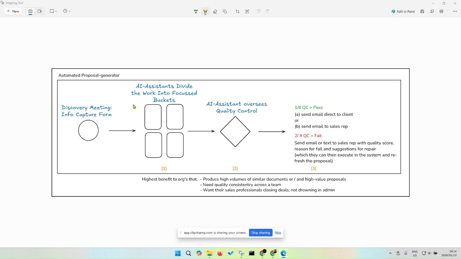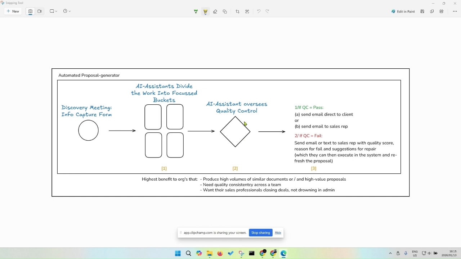The data is placed first into a staging table and ultimately sent into an AI assisted workflow, divided into specific buckets of work so that each AI assistant does just a piece of the work. There's lots of benefits to dividing labor that way. They self-score as well. Ultimately, all of the information, right from the form through to this processed information through to the self-scoring, is delivered to the quality control assistant, who, based on the rules set here, provides a